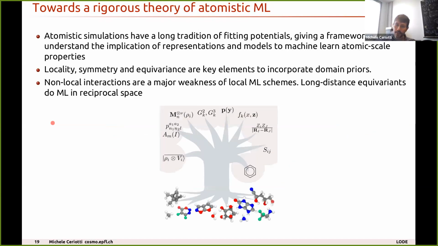So to wrap up, probably there was a little bit too much content, but I wanted to give you an idea of how we are trying to incorporate some, okay, I wouldn't say rigorous mathematically, but rigorous in terms of physics, understanding of the ingredients of a machine learning model, both in terms of local interactions and also in terms of non-local long-range interactions that you can typically interpret in terms of 1 over r to the p asymptotic behavior. And so we really hope that by doing this, we will get better machine learning models and eventually